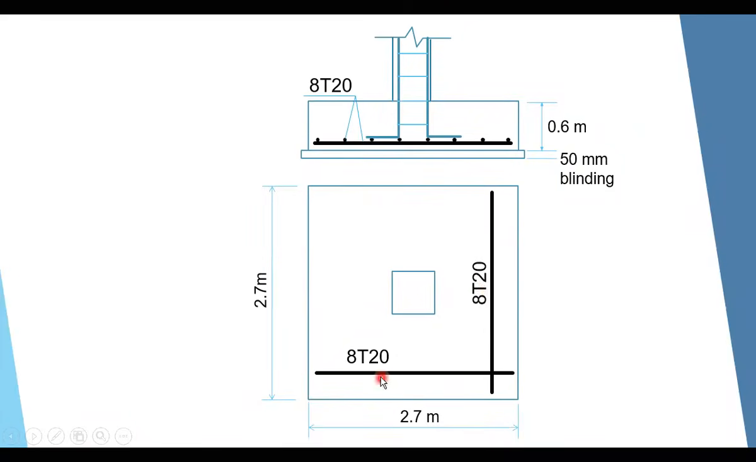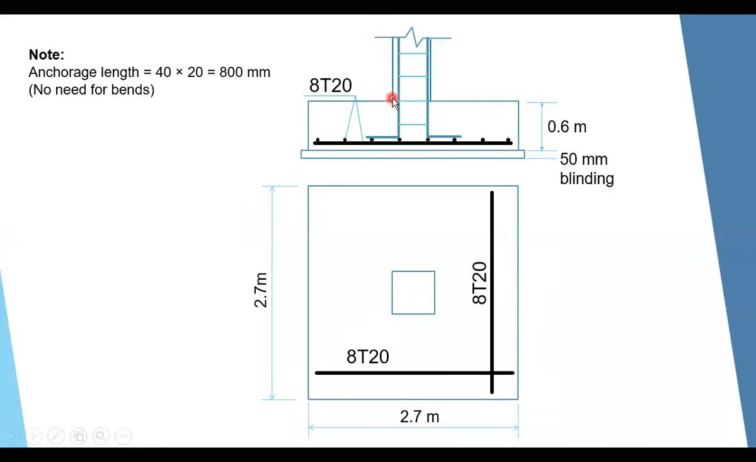It is 8T20 and 8T20. We put the dimensions here. In the elevation also, we put the depth of the footing, the total H of the footing, 0.6 meter. And here we use blinding concrete of 50 millimeter, and this also shows the reinforcement in both directions. Also here you can add an indication of the reinforcement of the column. You don't need to write anything here because we are concentrating mainly on the footing for now. Okay, just as a final note here,